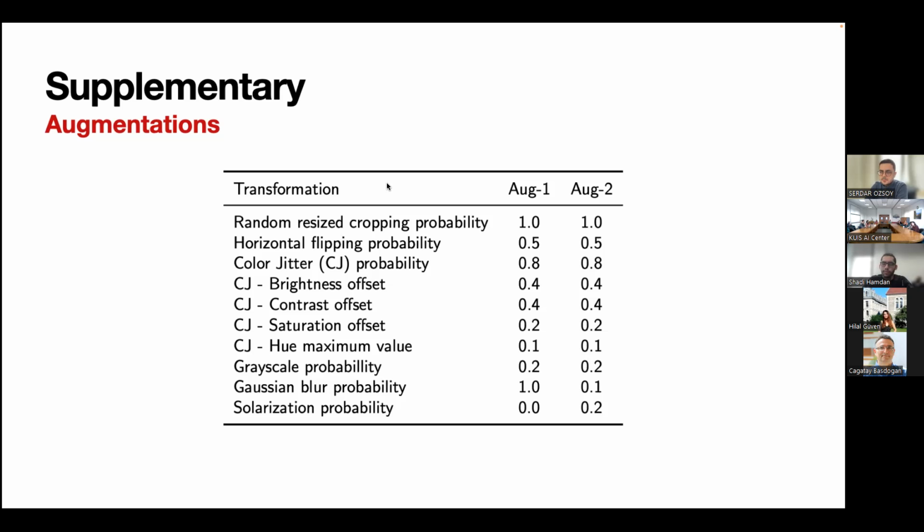So this means whatever task you have in mind, the changes you apply should not change the categorization of the image. So for example, if there's a cat in the image and you crop it or flip it, it's still a cat, right? So in that sense, it's expected that the type of augmentation matters. And we found that empirically as well, that it's very sensitive to what augmentation parameters you use.